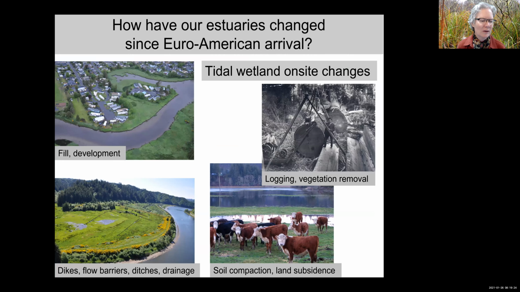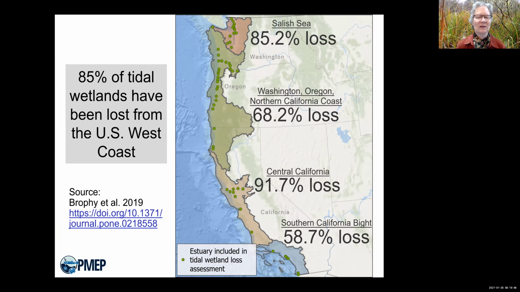They've often been diked, and tidal flows have been blocked in other ways. Ditches and drainage systems have been installed, trees have been logged off, and vegetation has been otherwise manipulated. And many of these uses lead to soil compaction and a sinking of the land surface called subsidence. Our recent study showed that these kinds of changes have led to the loss of 85% of our tidal wetlands